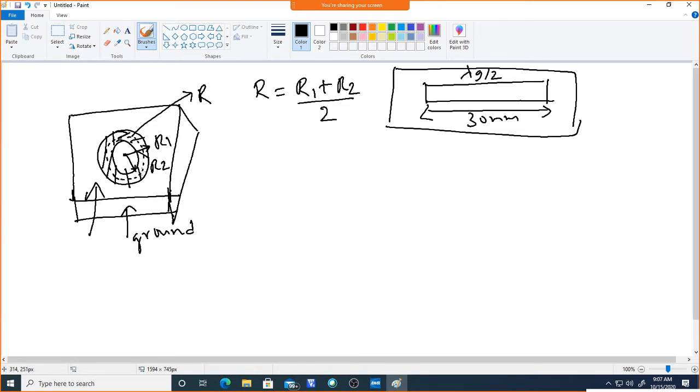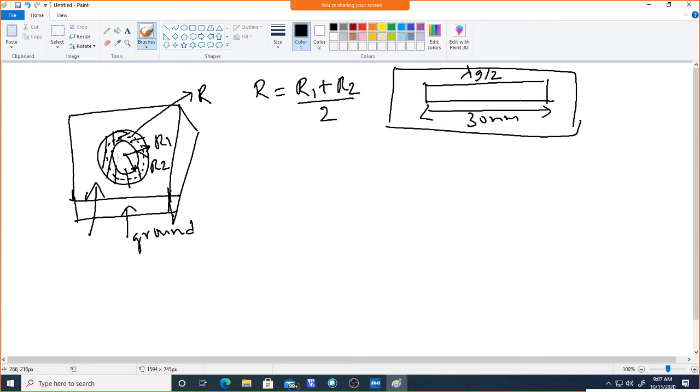Now, how do we find the operating frequency, and how do we find the impedance? Since it is in microstrip form, we need to find the effective dielectric constant. If it is in strip form, the propagation will be inside, between two substrates, so there is no need for an effective dielectric constant. Since it is a microstrip version, some of the fringing fields will be in the air, which is why we need to find the effective dielectric constant.